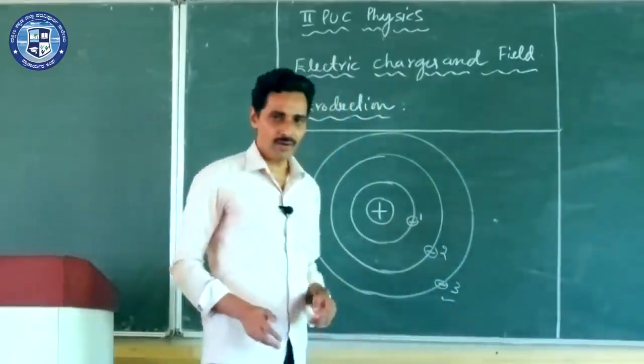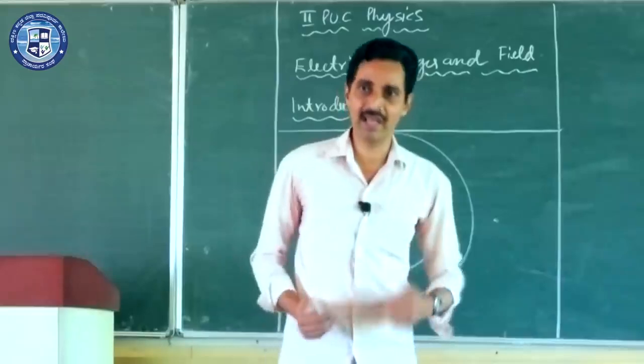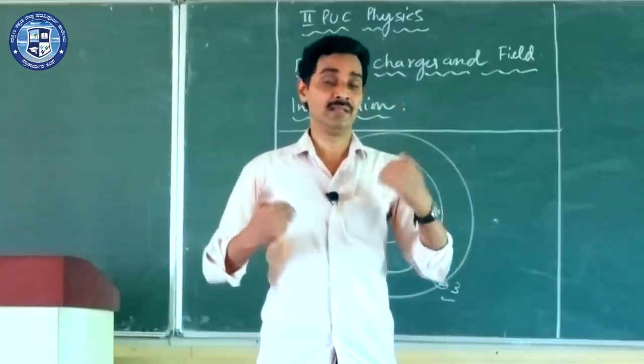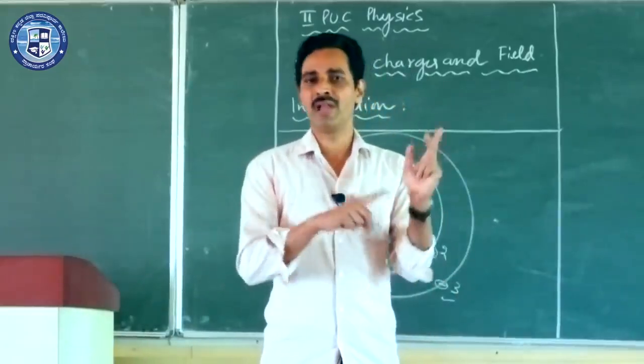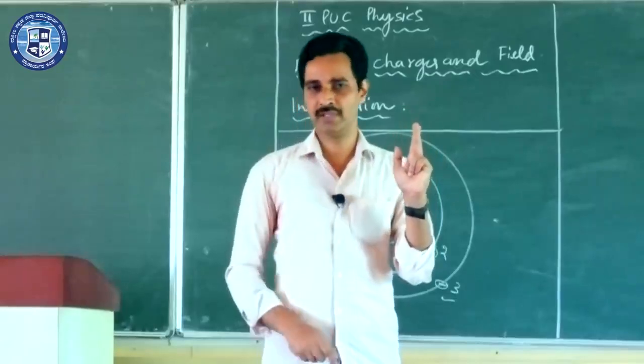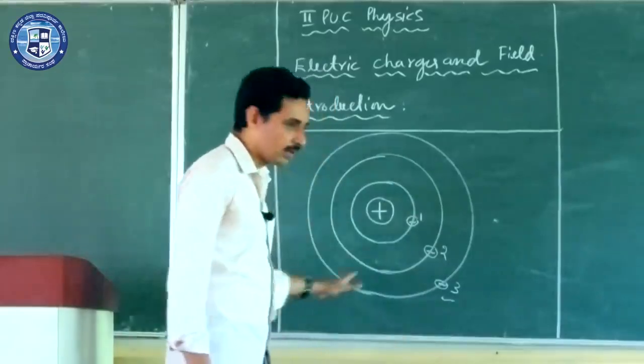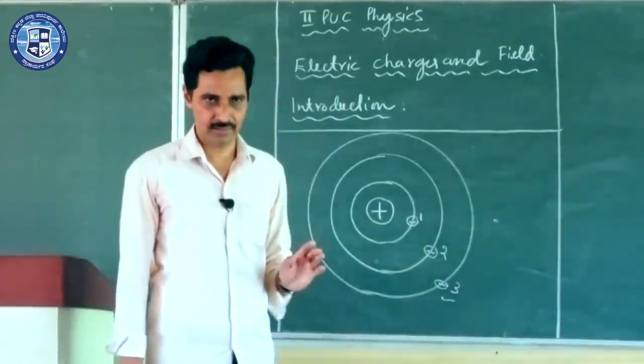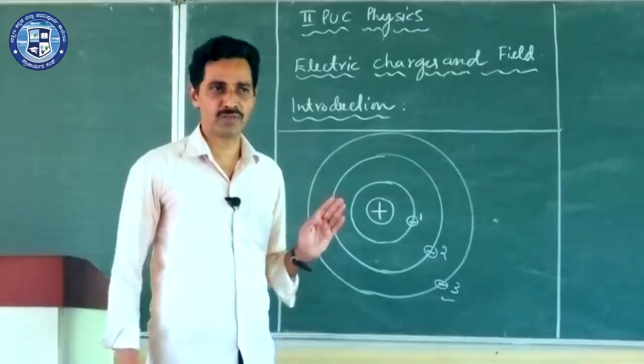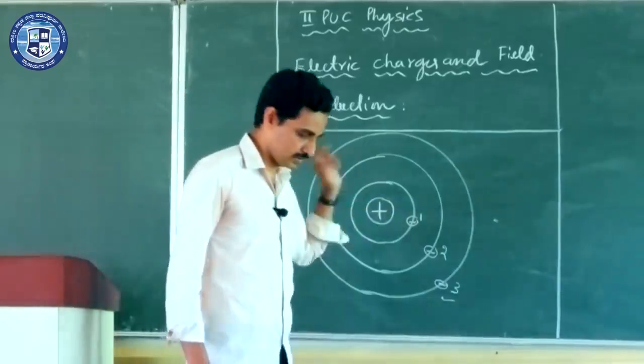Similarly, electrons, by nature, have that physical property called charge. Protons, by nature itself, have that property. Neutrons don't have it. Neutrons are electrically neutral. As a whole, the atom is electrically neutral, remember. The atom has no charge because we have an equal amount of positive and negative charge.